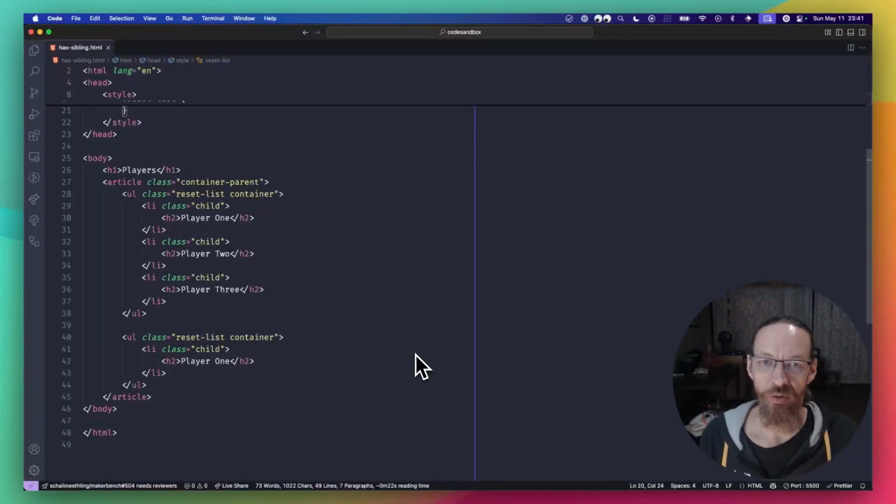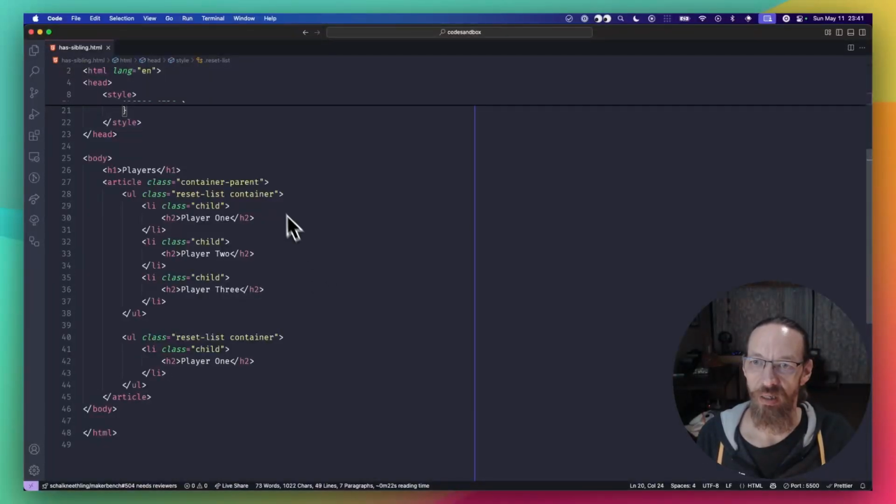In this one we're going to look at a pretty simple layout, but there's a couple of nice things I want to touch on. So let's start out with just the HTML. We've got an H1, we've got an article that's our parent container, then we have two unordered lists inside that are our nested containers, and this one has 3 children and this one has